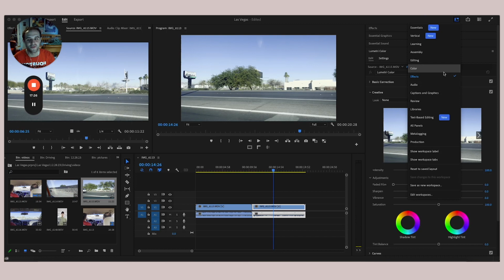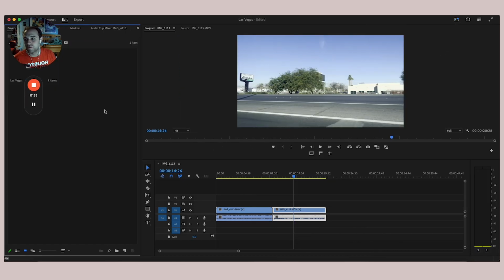This is the one that I've been using for years. So let's go into each of the workspaces, but I'm going to mostly take my time in effects workspace. So let's go to assembly. This is most likely what your Premiere Pro